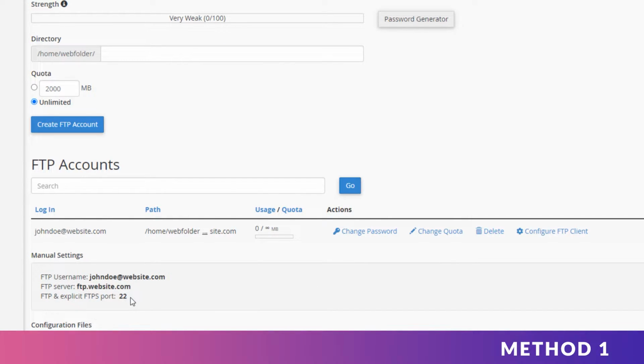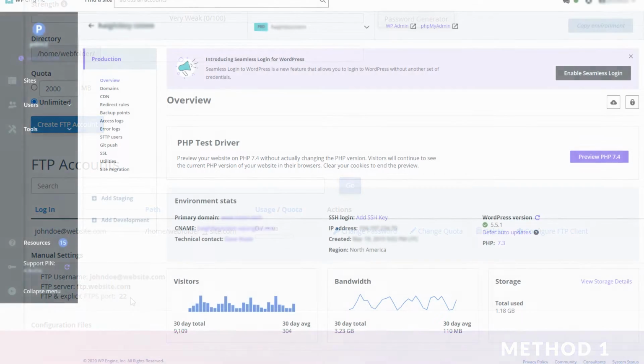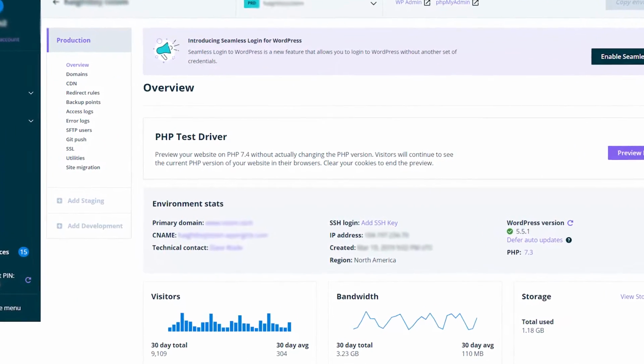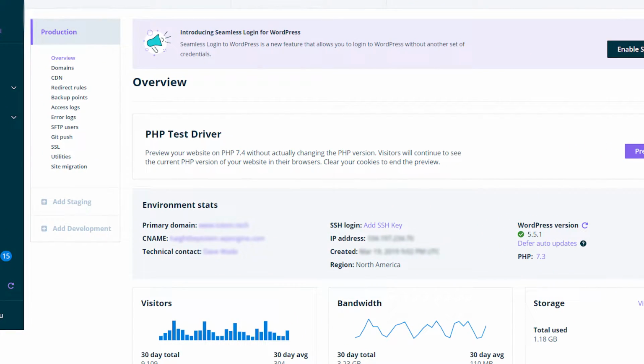It differs depending on what kind of hosting plan or hosting company you're in. Sometimes you'll have default SFTP info. Otherwise, you'll have to create it. If you're in managed WordPress hosting, you could easily find it in your account dashboard. For a WP Engine account, there's an option called SFTP users, where you can create an SFTP user.